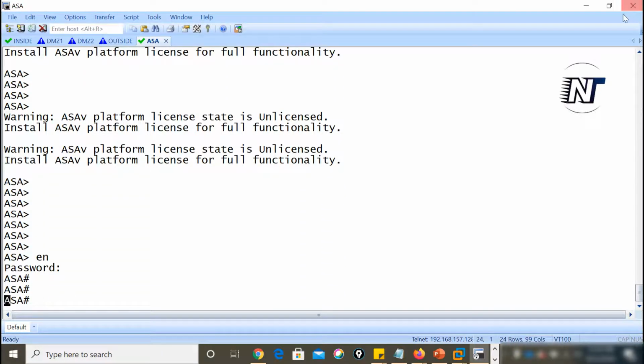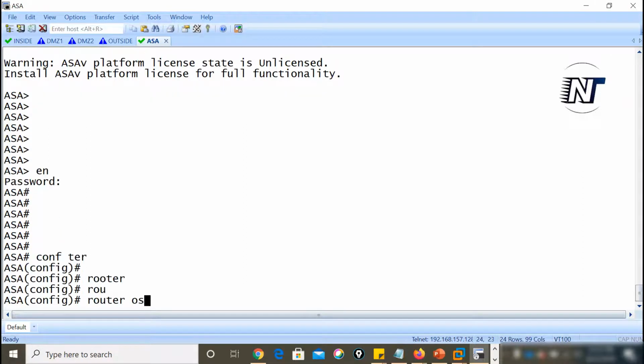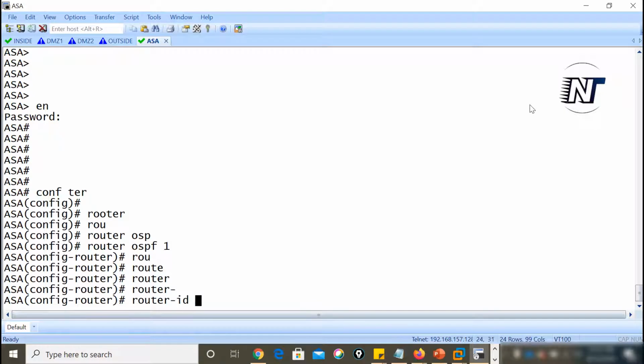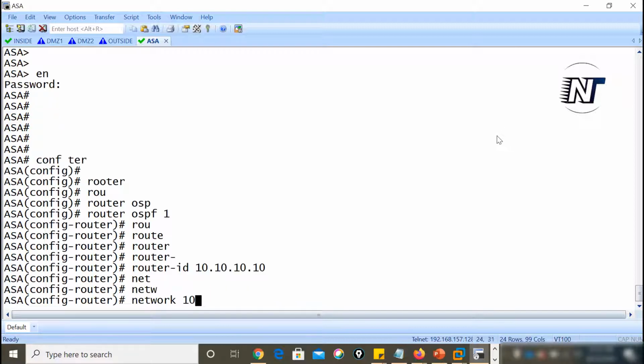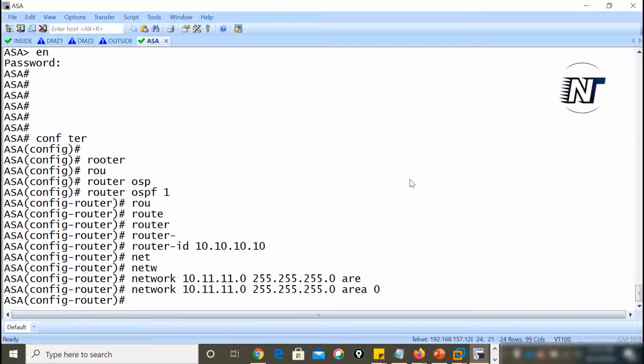Enable, configure terminal, router OSPF 1, router ID 10.10.10.10, network 10.11.11.0 255.255.255.0, area 0. Here the mask is the normal mask, not the inverse mask.